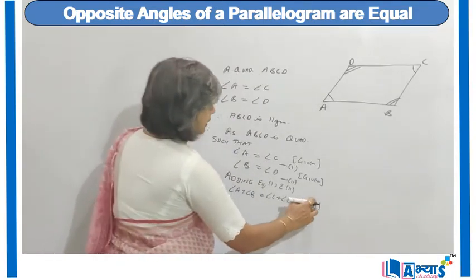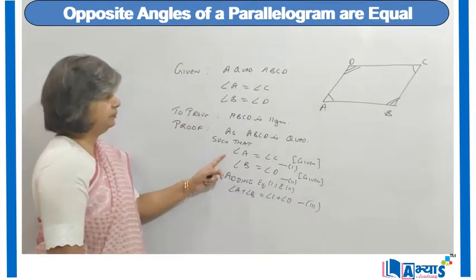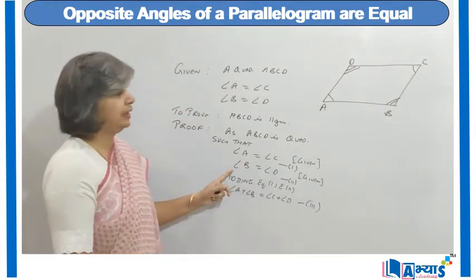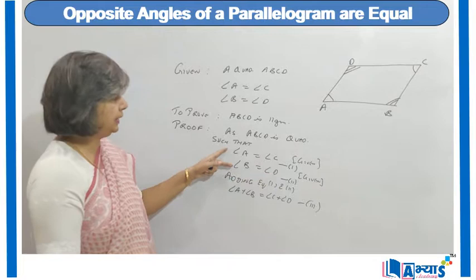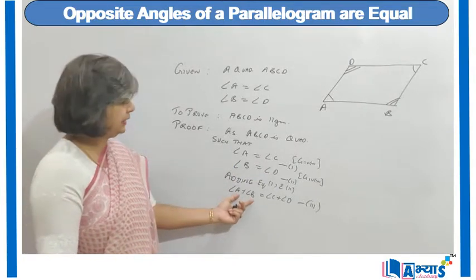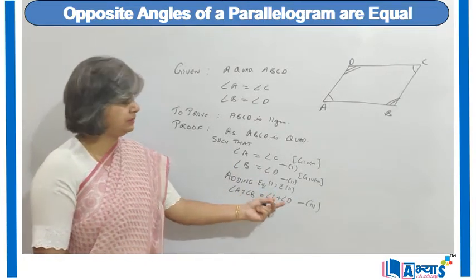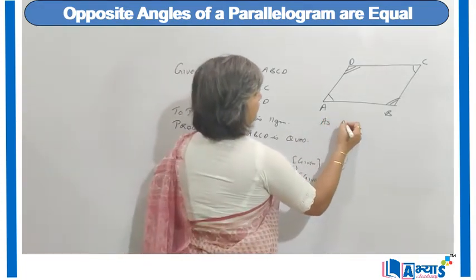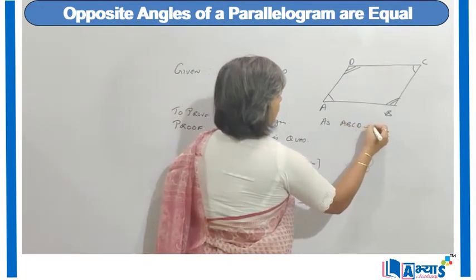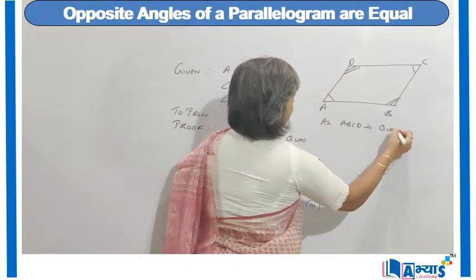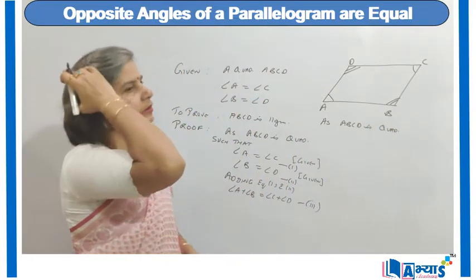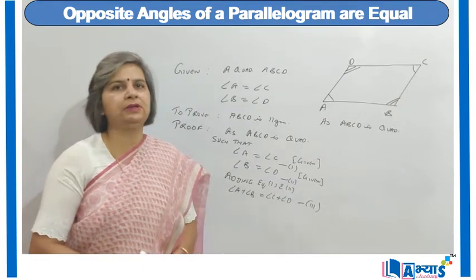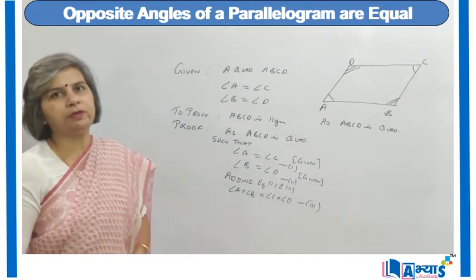Now when we know that angle A is equal to angle C, angle B is equal to angle D, and adding these two we have angle A plus angle B is equal to angle C plus angle D. Now we know that as ABCD is a quadrilateral, therefore sum of all the angles will be equal to 360 degree from the angle sum property of a quadrilateral,